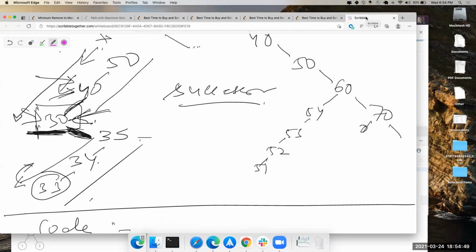Then I hit 40. I see that's still greater than 30, so I mark that as my new minimum. Then I get to 30 and I know, okay, this is where I want to start from. My current minimum is 40. I check to see, is there anything to my right? Because I'm at my target node. There is. So now start going down that and go all the way left.